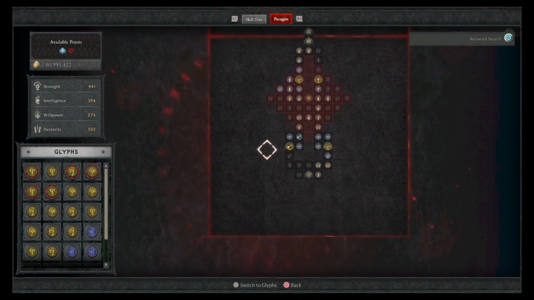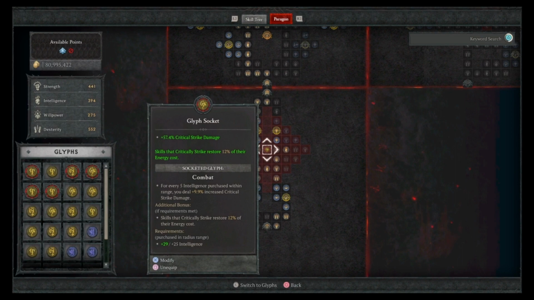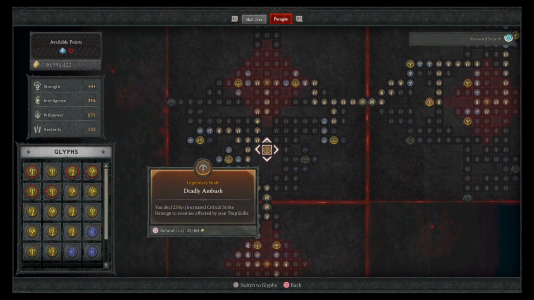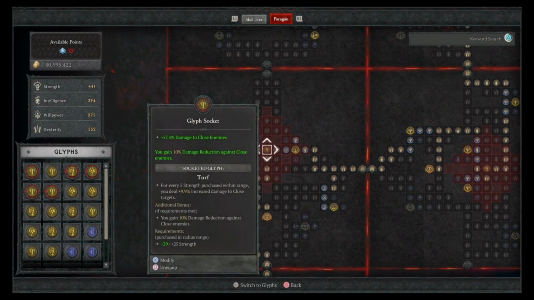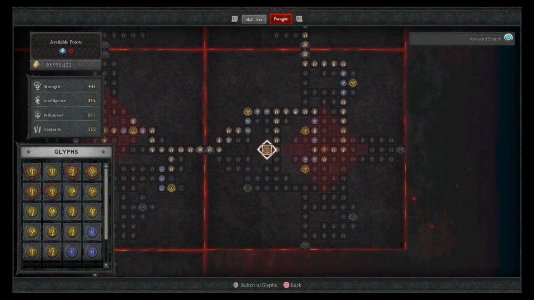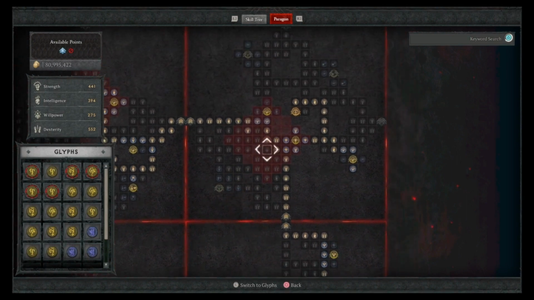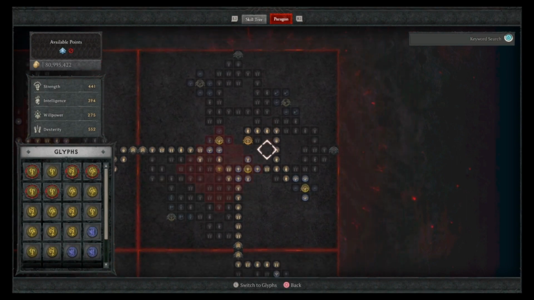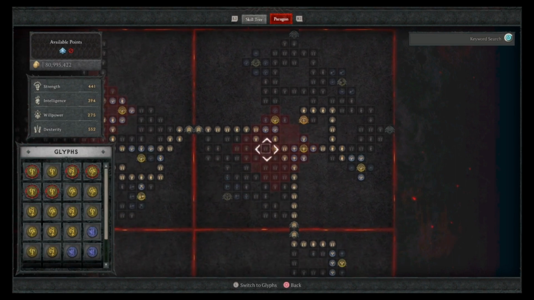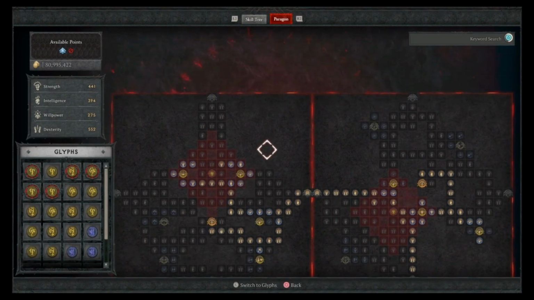We'll go back to the beginning one more time. We have our first board, Combat. Second board, Deadly Ambush. Turf. Third board, Cheap Shot. Closer. Our fourth board, Tricks of the Trade. Exploit, and our final board,